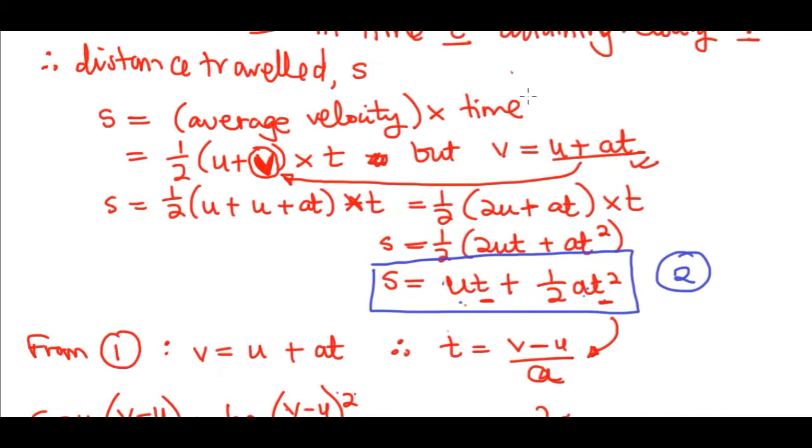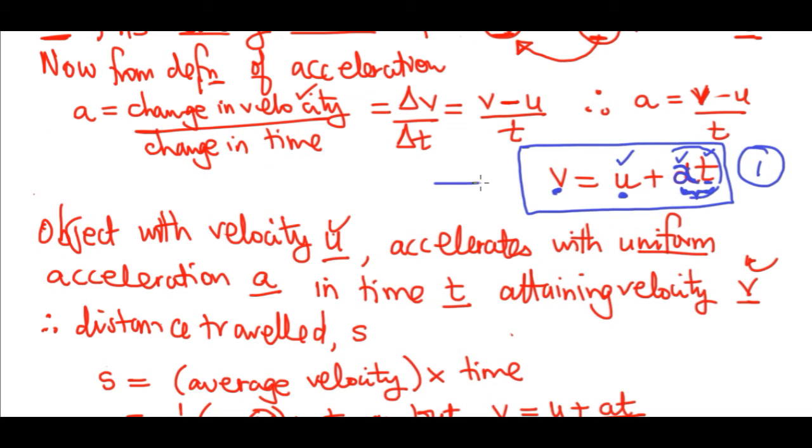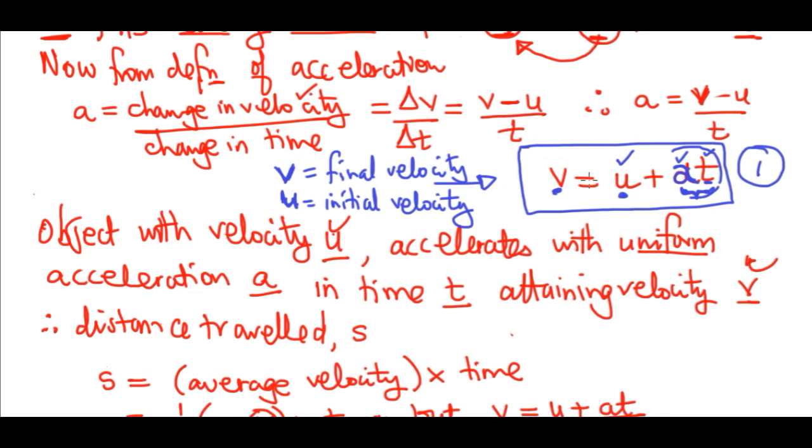So as a recap, this is our first equation of motion, and v represents final velocity. v is always final velocity. u is always initial velocity. That's just by convention. I don't know why v or u, they don't even sound like final or initial, you would have thought maybe f and i, but that's just the convention. v is final velocity and u is initial velocity. v is equal to u plus at.